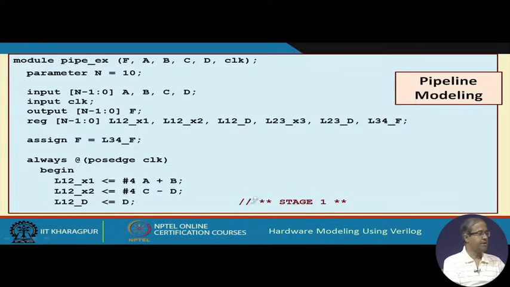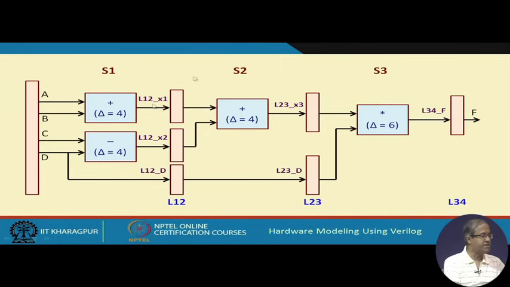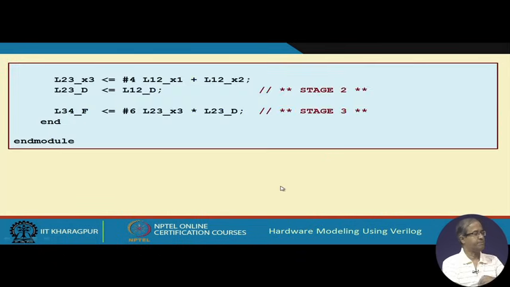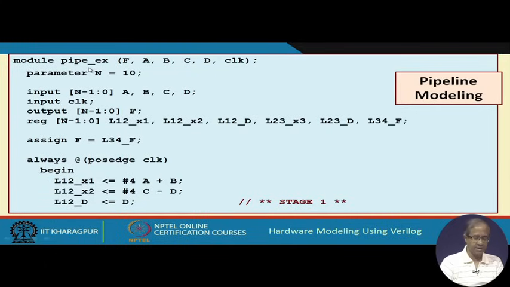Let us see. Now, we want to code this in Verilog. Let us see how we do it. We define a module, the name of the module is pipe_ex, and these are the parameters. F is the output, A, B, C, D are the 4 inputs, and of course, a clock is there. And the parameter we define as 10, so that all the numbers are 10-bit values. So, A, B, C, D are declared as input [0 up to n minus 1], clock is also an input, and F is an output